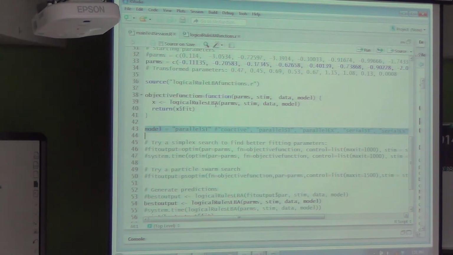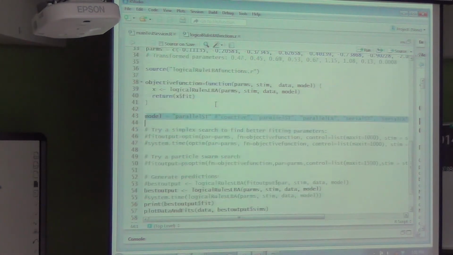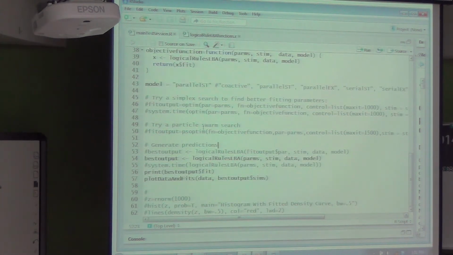So it's just about lunchtime, so why don't I show you the types of plots you get out of this. I'm not going to optimize it. I've included the optim function here to fit with the simplex search or the Nelder-Mead algorithm, or you can specify other types of algorithms. I've also included this particle swarm optimization search, which tends to be preferred by Chris Duncan, for instance, who uses the LBA model quite a bit in his work.